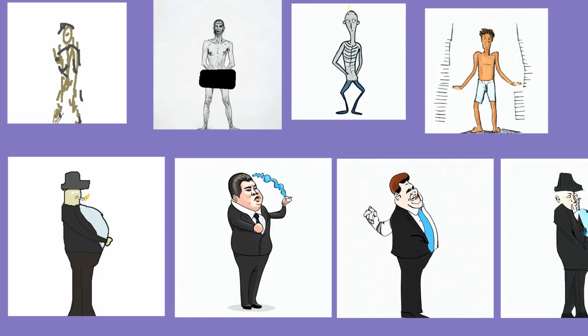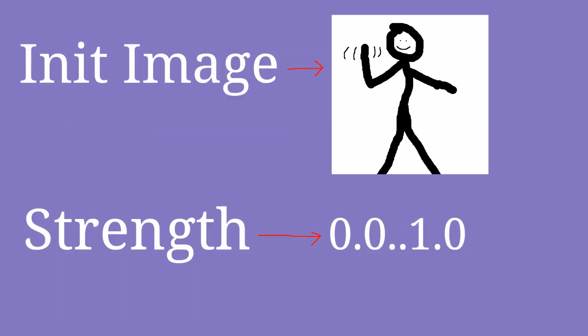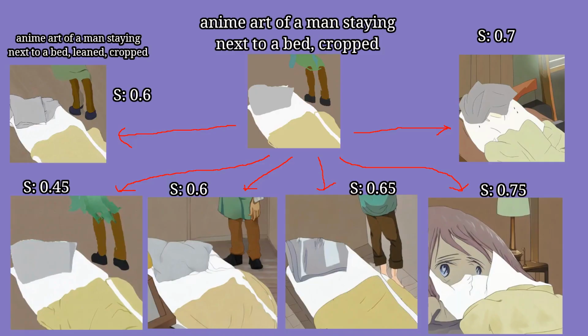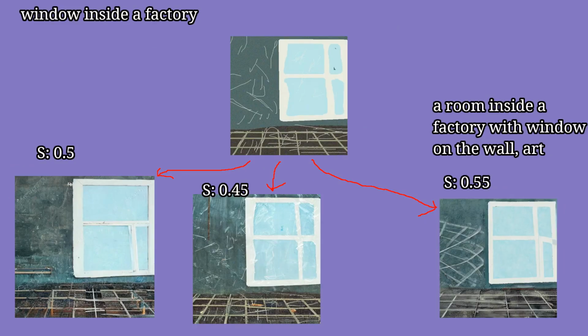Unlike text-to-img, I have used img-to-img a lot recently. You need to know that img-to-img has two additional parameters, such as the init image and a strength float value. Strength is how much the init image will be restructured. Here you can see some examples. Also there is a parameter called guidance scale, but I don't know how it affects the image, so it's the default value of 7.5.